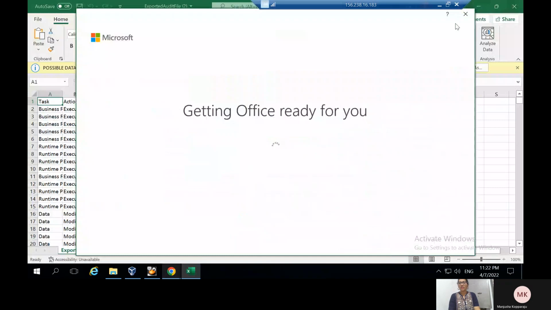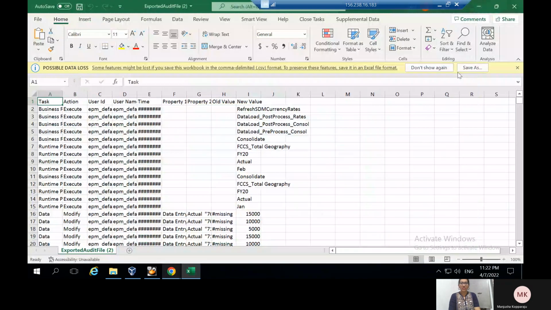You can see here that the audit data has been exported. So whatever changes we have done, we have recently imported the data. You can see here, refresh the SDM currency dates. We have done